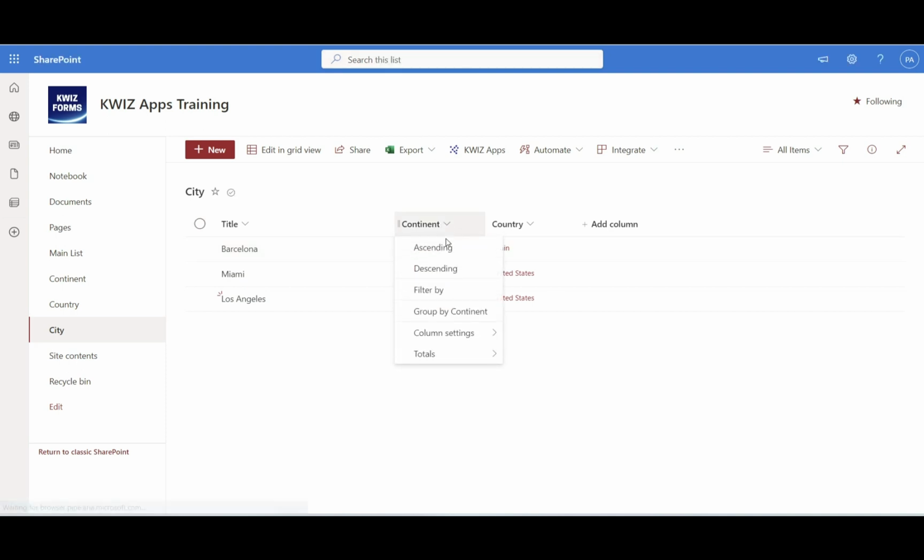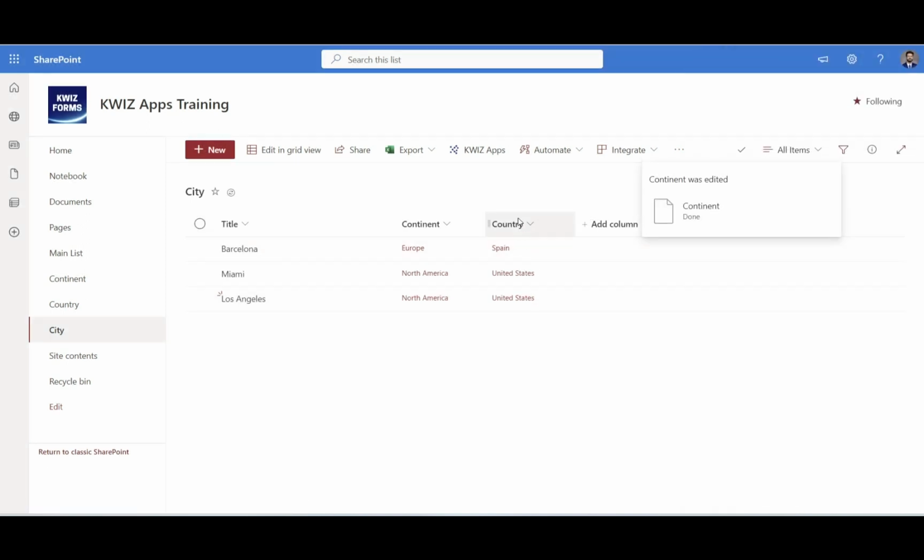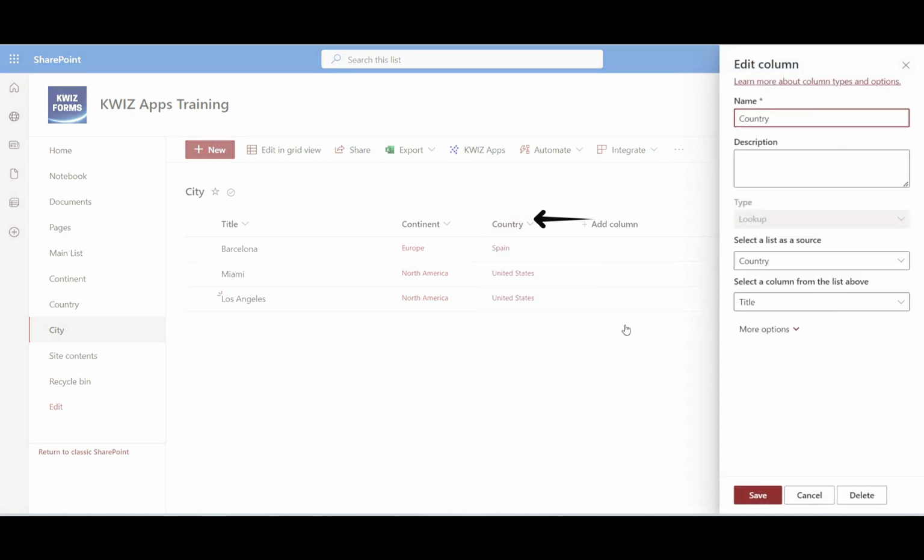Now in the city list, the same applies. The title will display the city name, and you will add two lookup columns in this last level. You're going to add the continent column, which is a lookup column, as well as a country column, which is a lookup column as well. Now, once you have the continent and country lookup columns looking up to the continent and country lists, as seen here,